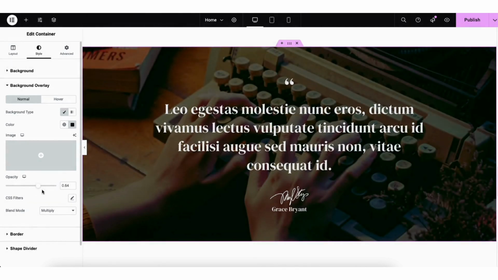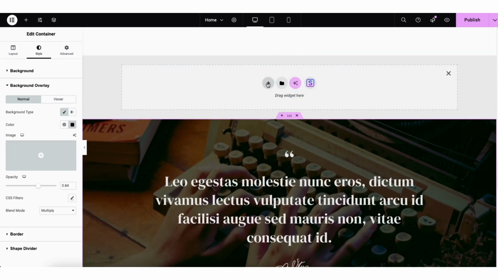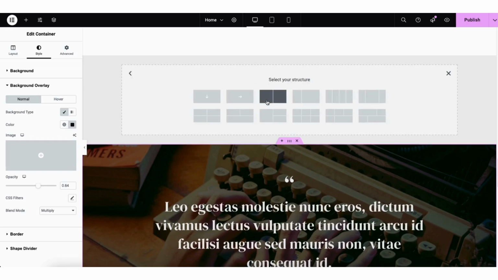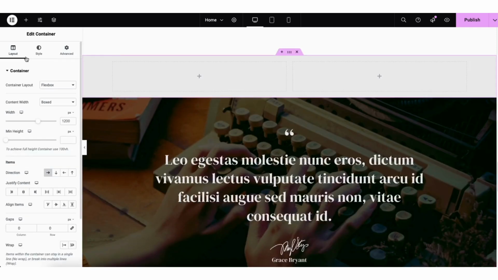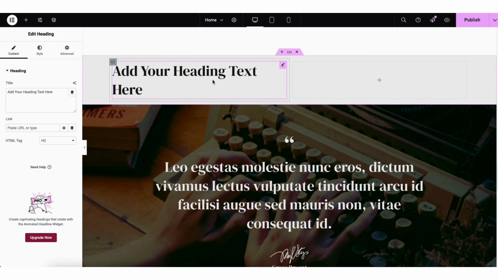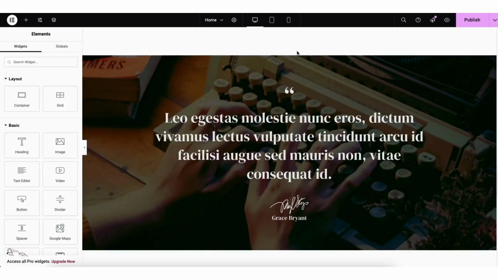If you scroll up to the top of a section and hover over the section, you can click the plus icon and then click the plus icon showing again to add a new section to the page. I'll select Flexbox. You can now choose the structure for the section. I'll select this one for this tutorial. You can now drag in something over into the section. If you click the middle icon with the dots, you can then edit that section. If you click the X button, it will completely remove the section from the page.